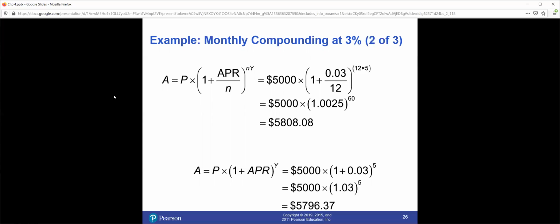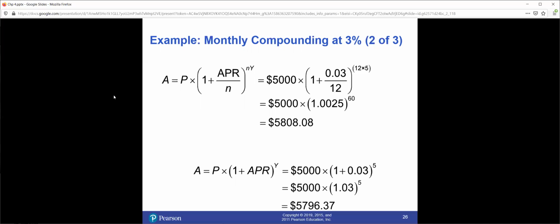And you find out that you compounded $808.08 of interest into your principal amount. So your new amount after 5 years is $5,808.08. Had this been compounded only every year, you would have less money, as shown down below there,